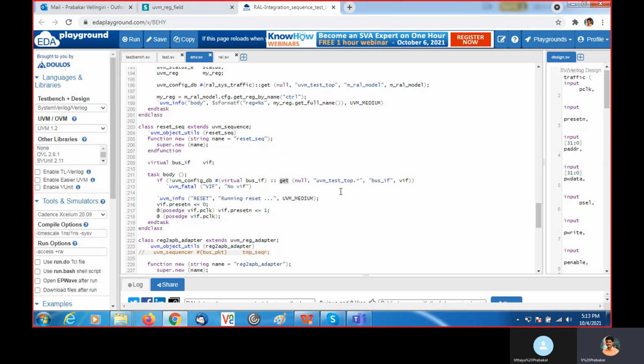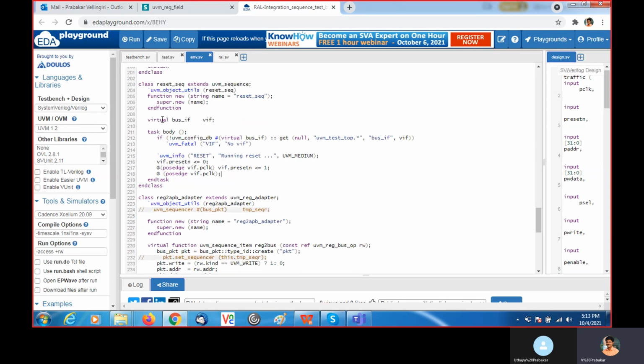So I'm getting this class if and assigning it to this VIF. Now VIF.PRESETn, I make it 0. Then after the passage of a clock, I make it 1. This way I am going to apply the reset. When I call this reset sequence, reset will be applied, and all the values of the registers go to the reset state.